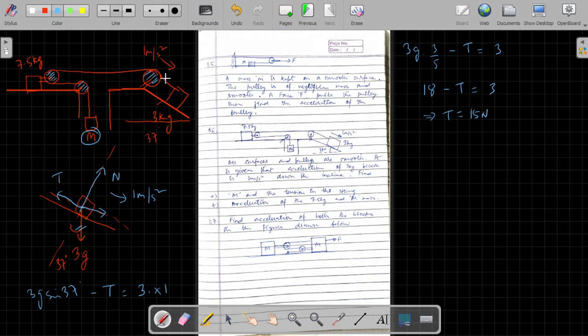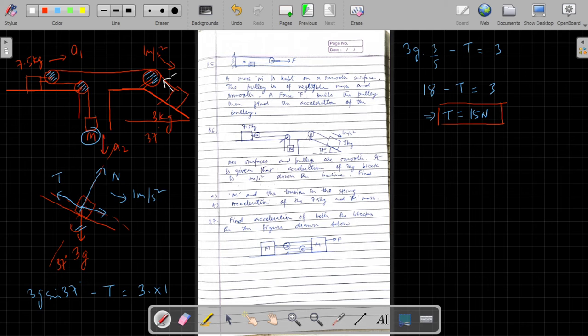So the tension force value has already been calculated. We have to find the value of mass M. For that we'll have to evaluate the accelerations of various systems. So we'll say the acceleration of the pulley and the block is a1, and the acceleration of mass M is a2, in the downward direction. That is what we have chosen, and there is only one string. So writing the constraint relation,